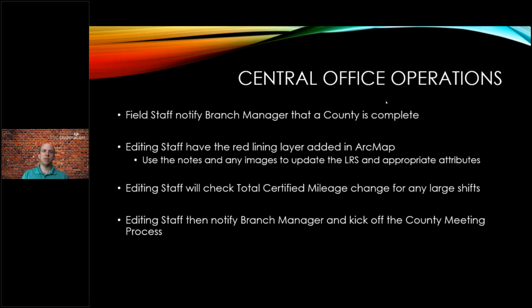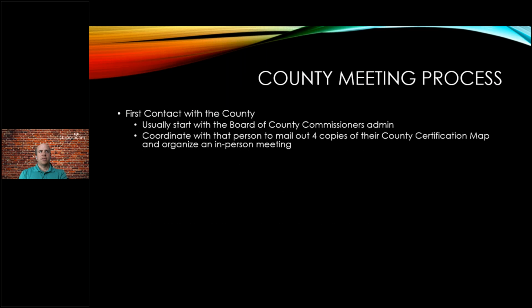Once all that's finished, we then kick off a county meeting process for that particular county. The county meeting process is fairly straightforward, but it also takes a long time. We first contact the county. We usually start by contacting the Board of County Commissioners admin assistant for that county. We coordinate with that person so we can mail them 4 copies of their county certification map, which we also call the red-green map. It's every road in the county colorized by green for is it certified, red is it not, or is it private or gated, black means they legally can't receive certification,